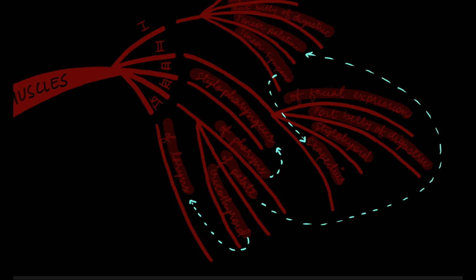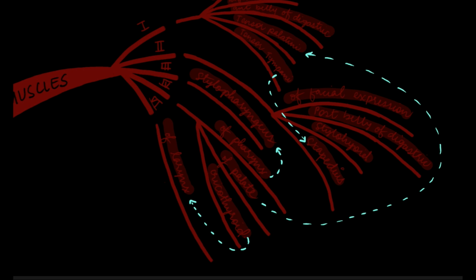Now we know that the muscles of larynx are divided into extrinsic and intrinsic groups of muscles. The extrinsic group of muscles consists of the infrahyoid and the suprahyoid muscles, and the intrinsic muscles comprise a lot of muscles like cricothyroid, arytenoid, thyroarytenoid, vocalis muscles, etc. Out of the muscles of larynx, only cricothyroid is derived from the fourth arch and the other muscles of larynx are derived from the sixth arch.